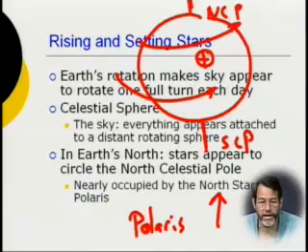When you go out at night, stars rise and set, but Polaris doesn't. The stars around Polaris do circles around Polaris. Sometimes they're up all the time because they just do a little circle around Polaris. You go out and you look and it's doing a little circle around it. Other times the circles are so big they rise and set. The sun's circle is so big it rises and sets. If we were to take the sun and move it to Polaris, well, there'd be problems, but it wouldn't rise or set. But there would be other problems.